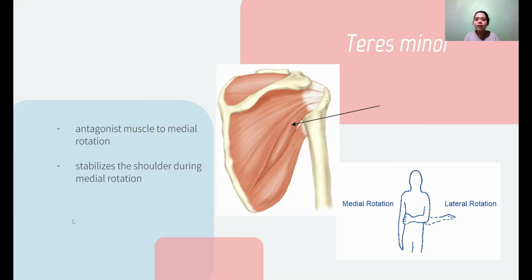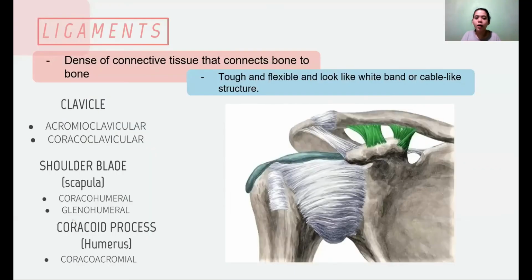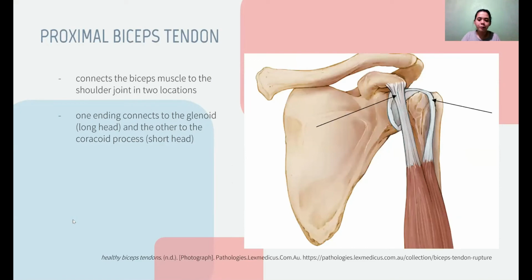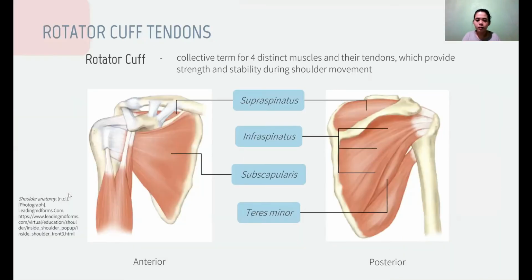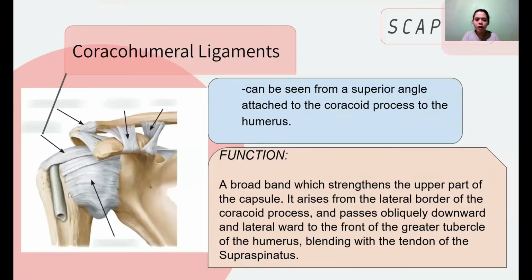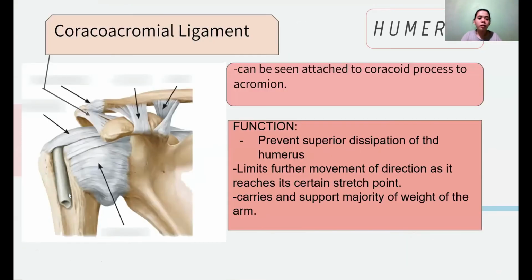Are we good? Okay, well, now that you know a little bit of the tendons, you're gonna go for ligaments. Okay. I think we're done. Now for the ligaments,